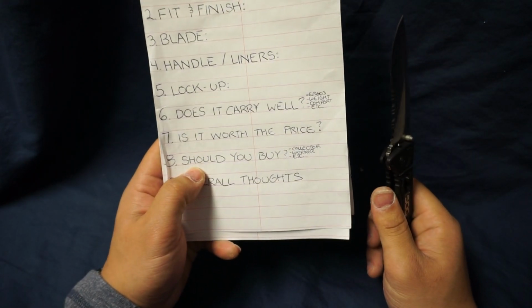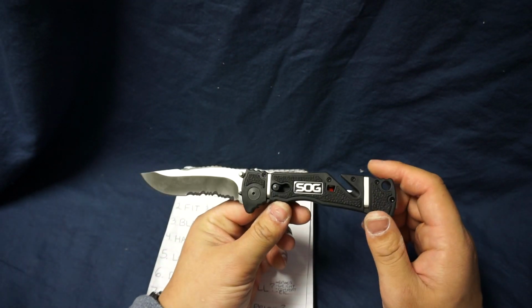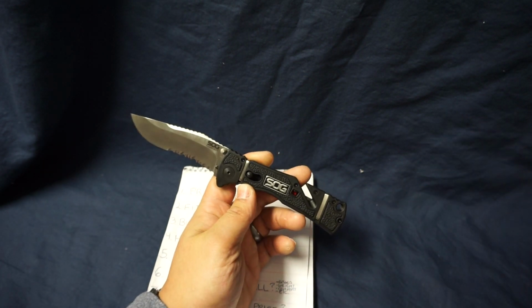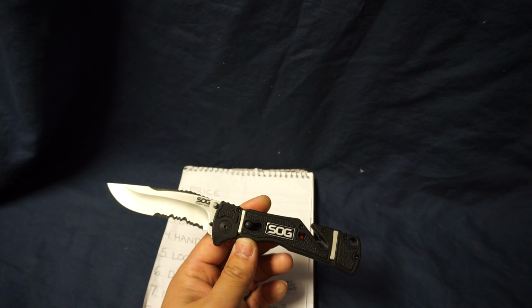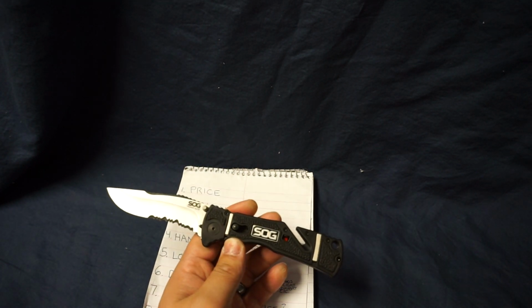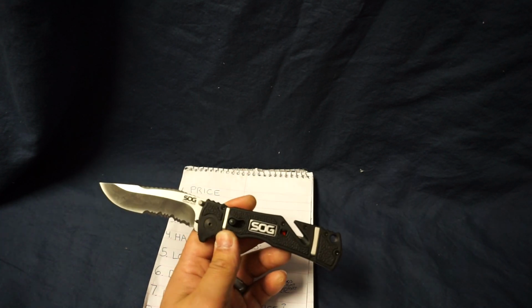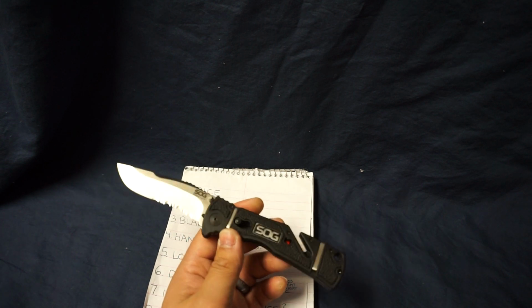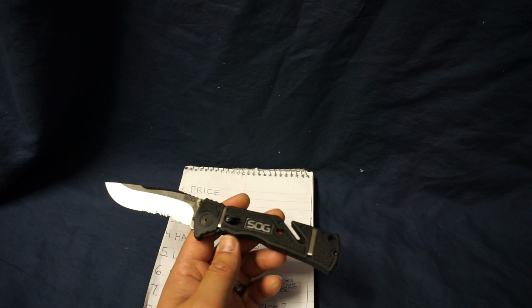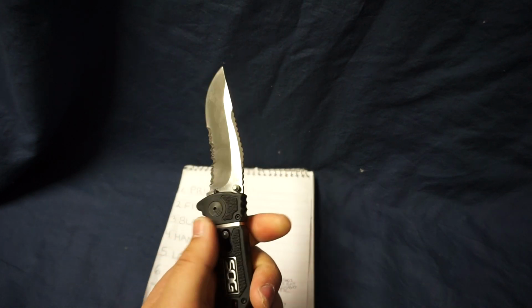Next one is, should you buy? Yes, I think you should, especially if you're in the Navy. Well, I'll say military. For me, Navy is the only experience I have. So speaking specifically for the Navy, we deal with a lot of rope cutting, a lot of cutting of different materials, fabrics, whatever it is, and I'm sure that applies to law enforcement, first responders, all the other branches in the military. But I would have loved to have had this knife when I was a younger sailor back in the day,